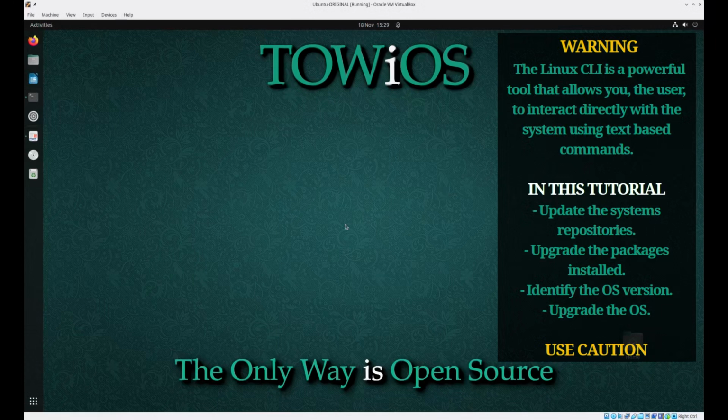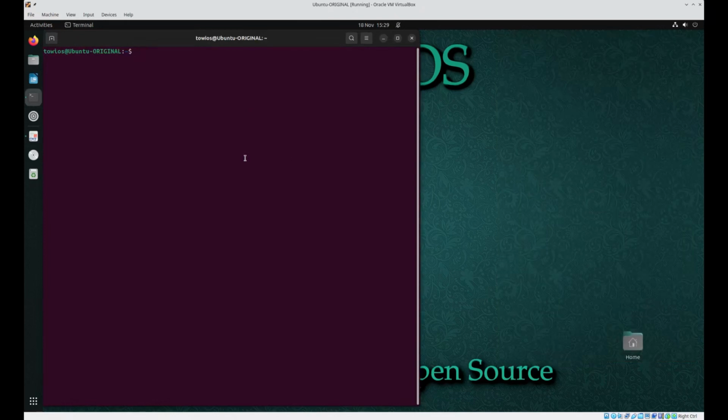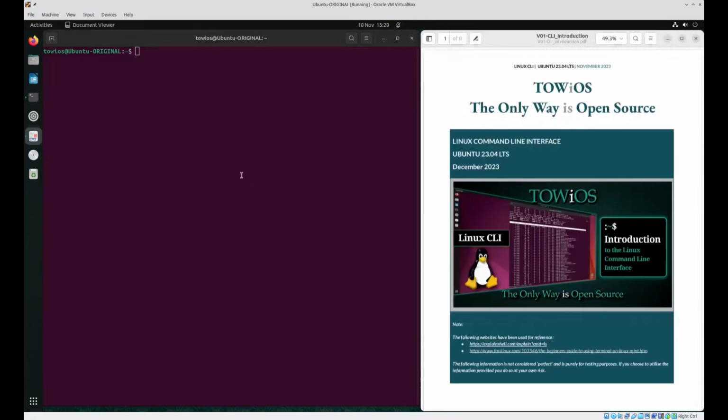In this short video, I shall be going through the process of updating software on a Linux system using the command line interface, or CLI for short. The process may vary slightly depending on the Linux distribution you are using. Here I'll provide general instructions for package management on Ubuntu,